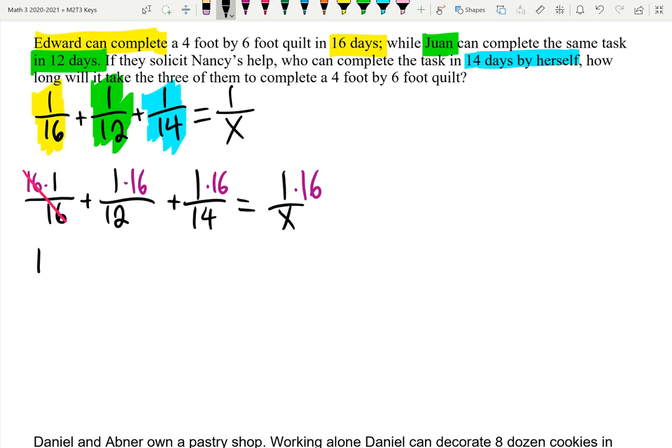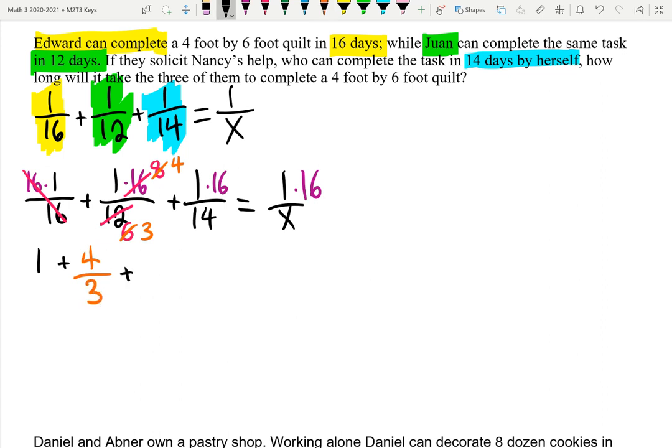Now I am going to take an opportunity to reduce. I see 16 over 12. Both of them are even, meaning both of them are divisible by 2. I'm going to take half of 16, which is 8, and half of 12, which is 6. I see that both of them are even, therefore they are divisible by 2. So I'm going to repeat the process. Half of 8 is going to be 4. Half of 6 is going to be 3. So I can reduce this fraction to be 4/3